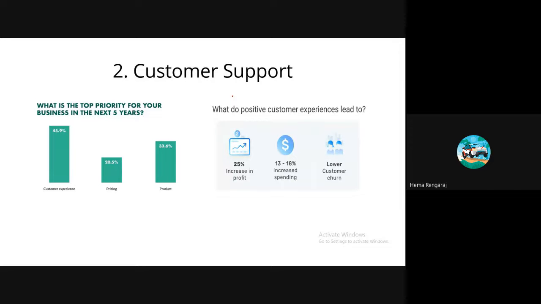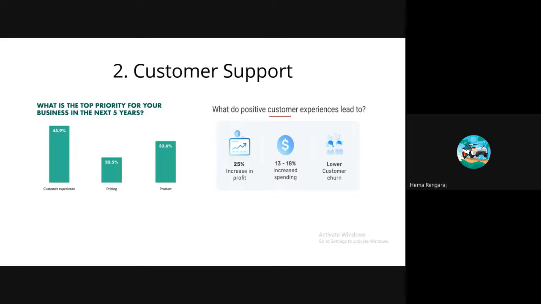So you must not allow your customer to go out of your company. You have to be with the customer, and you have to get suggestions from your customer on a daily basis, right? So customer support plays a major role when we are talking about sentiment analysis.